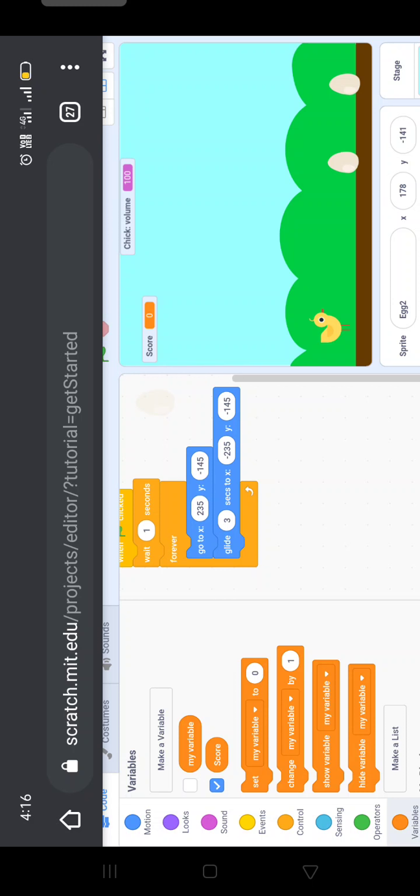Every time player complete his jumps, we are going to increase the score by 1. So here we are going to take increase score by 1.